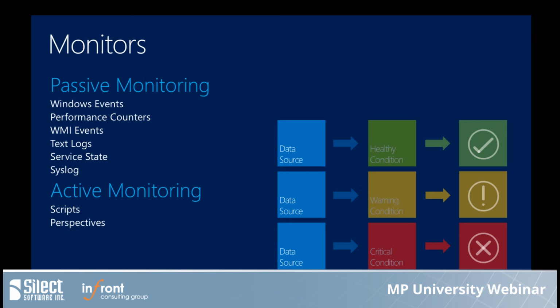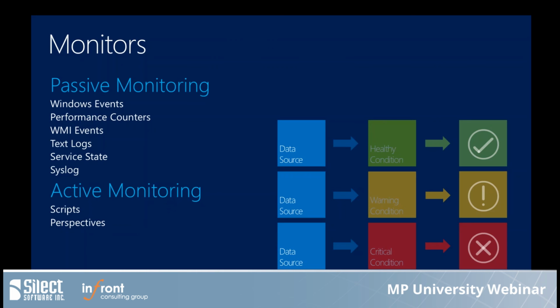But then the database comes back online, and the application's now able to write. Is it going to give me a success event saying we're now good, so my monitor knows to flip back to a green state? If that's not the case, we might need to do some script periodically that does that test. Or we might just simply say, look, I need an admin to go and verify that and manually turn that thing back to a green state. But again, this is really what distinguishes a monitor, is understanding that I'm required to define each of its health